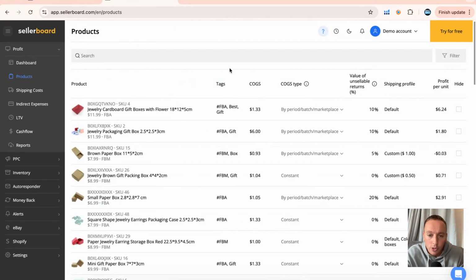So this is where you type in your cost of goods, and you can do that by period or by batch, which means if you get a product for a certain price, let's say £1.33, and we've just discovered that unfortunately the supplier wants to increase that price, rather than editing the cost of goods and then it affecting all of the profit that you've made from that SKU for the past 2 years, for example, we can actually do